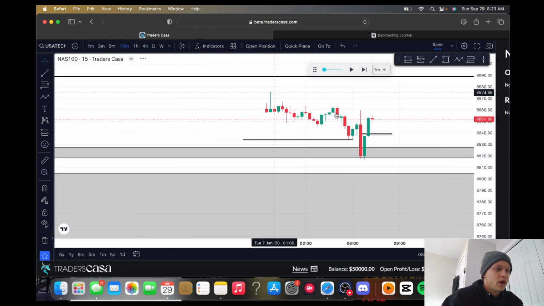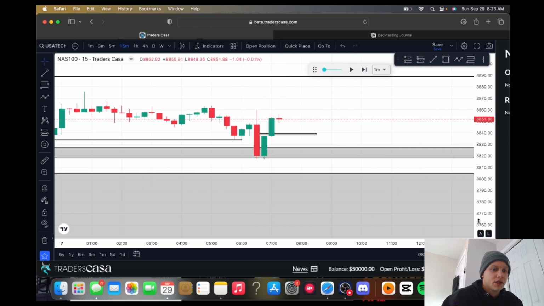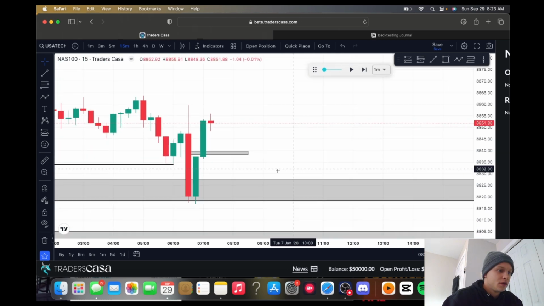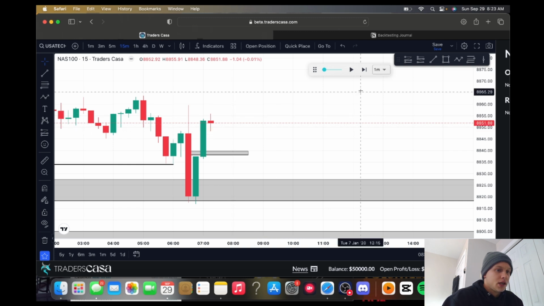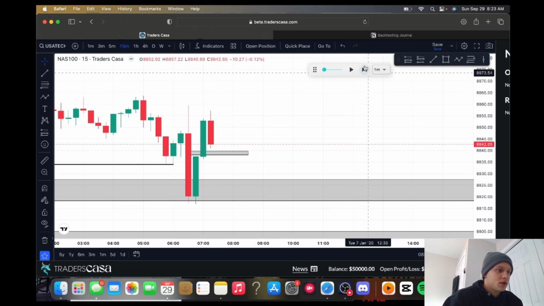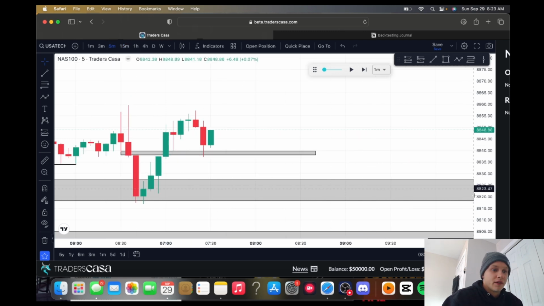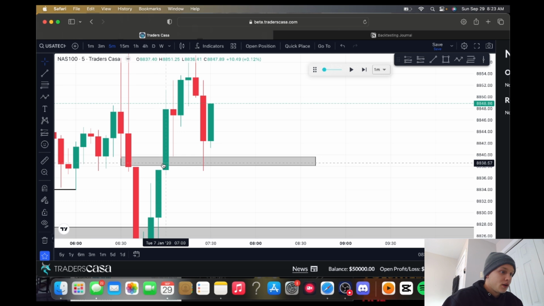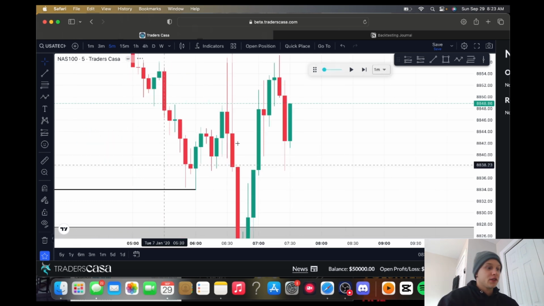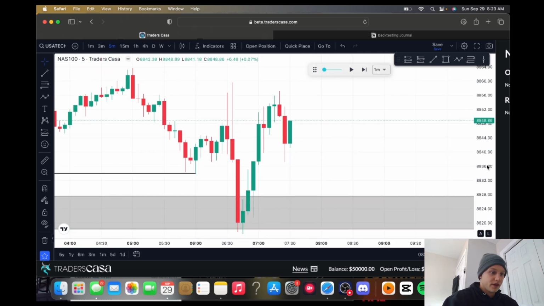So what I want to see now, because we missed the first move, is I'd like to see this 15-minute close. And obviously it doesn't leave behind a fair value gap, but we have the 5-minute. So what do we got here? So we inverse the 5 minutes. So we've inversed the 5 minutes fair value gaps. We're now tapping into a 5-minute fair value gap and respecting it.